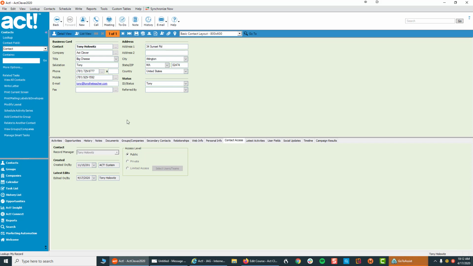So if I do anything to a contact, anything at all, even if I just put a period somewhere, that is going to be an edit. So knowing that you can find contacts when they were created and when they were edited, that can give you great feedback and information. I'm going to come up top and I'm going to click on this drop down